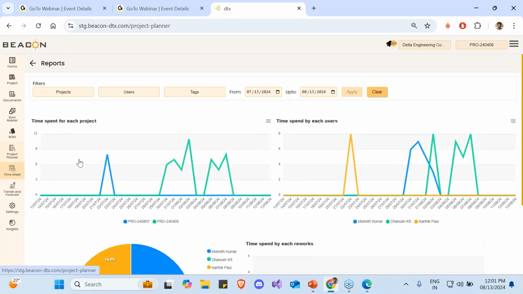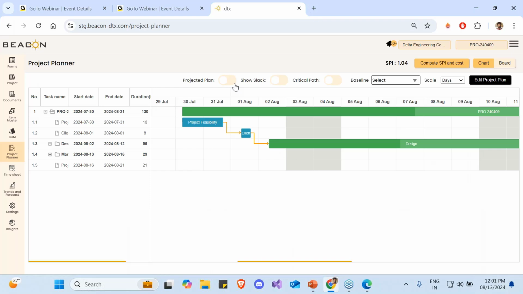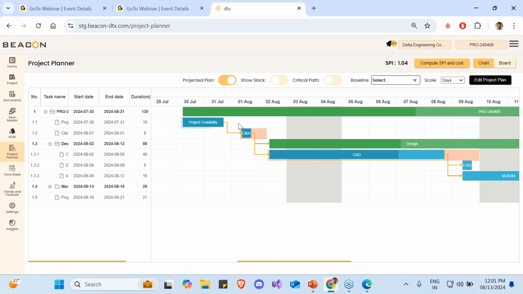The other thing is that whenever there's a delay, you can see it with the help of the projected plan. Let's say this task, the client discussion kickoff, is for 8 hours. But in the timesheet the user says that 8 hours are consumed, but another 2 or 5 hours are needed because the meeting extended to the next day. Immediately this projected plan will show a delay, so you'll be able to know how much impact it will have on other tasks. You can see here there's a delay, and further this delay will impact your overall project end date. In the very beginning, you'll be able to understand where the delays are happening in the project with the help of the timesheet report.